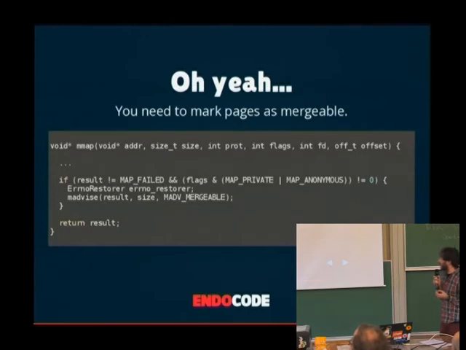And you also have to mark the pages as mergeable. You do this with the madvise function, passing MADV_MERGEABLE. AOSP KitKat only does this in the mmap function, as you can see here, and only with private and anonymous pages. That's interesting because in CyanogenMod they've been using this for a longer time, and they do it when the Zygote forks the processes, and they do it with the heap and stack values. So that's interesting.